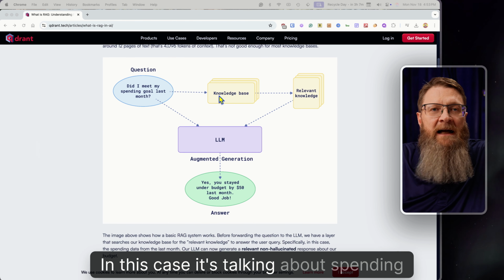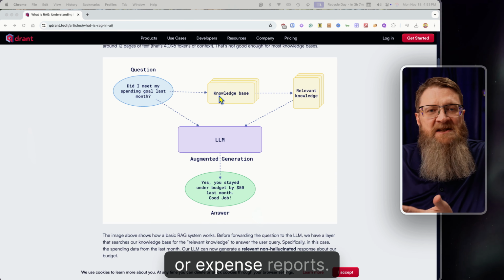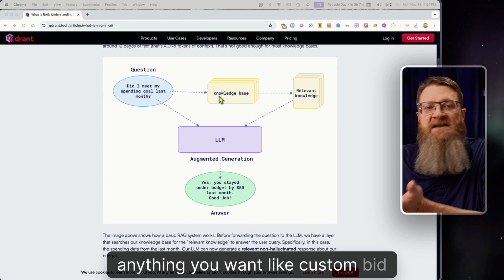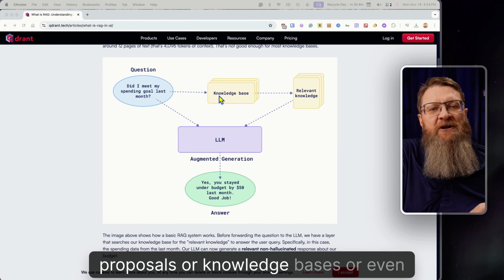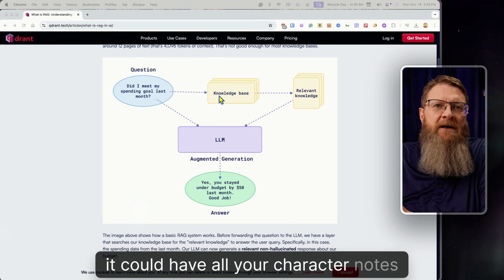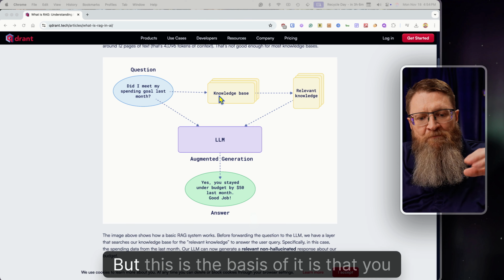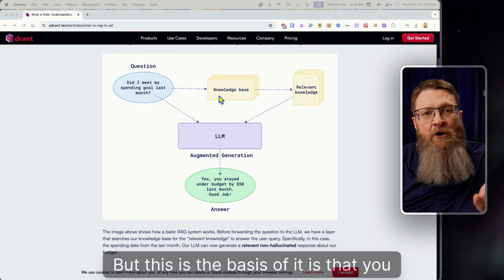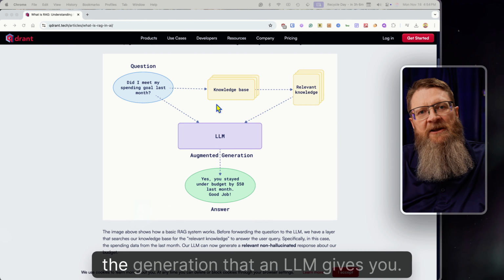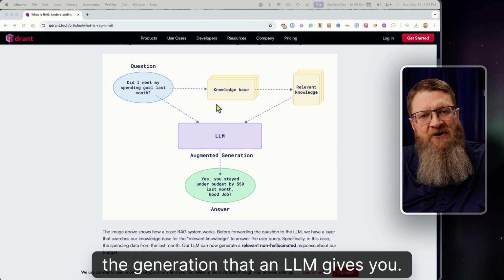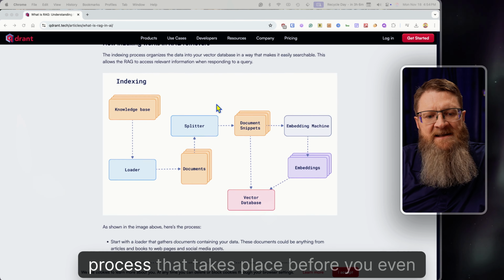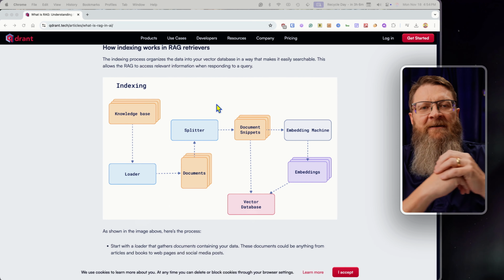In this case, it's talking about spending habits or expense reports, but it really could be tied into anything you want, like custom bid proposals or knowledge bases, or even your diary. Or if you're writing a book, it could have all your character notes and scene details. But this is the basis of it: you use your additional information to augment the generation that an LLM gives you. And the R for retrieval references a process that takes place before you even ask your question,